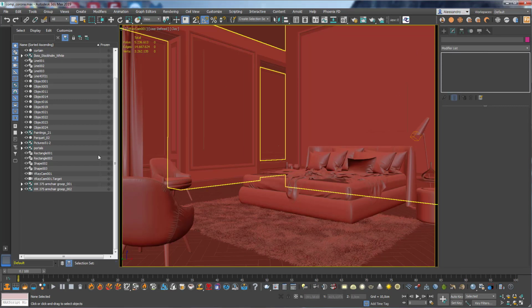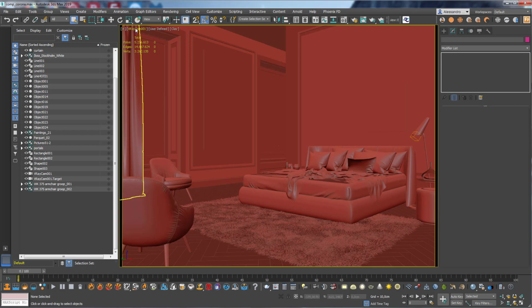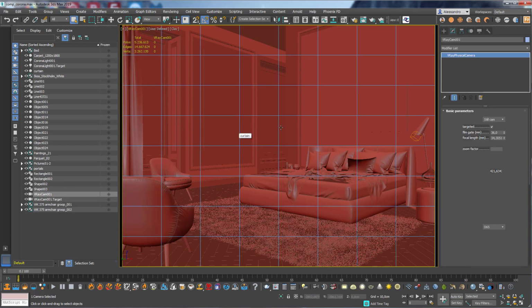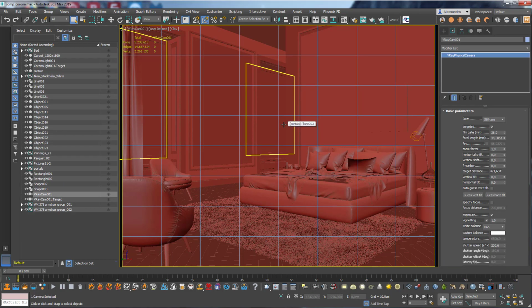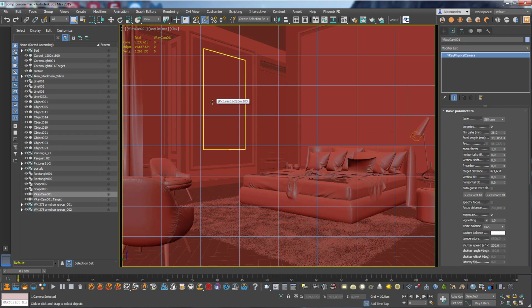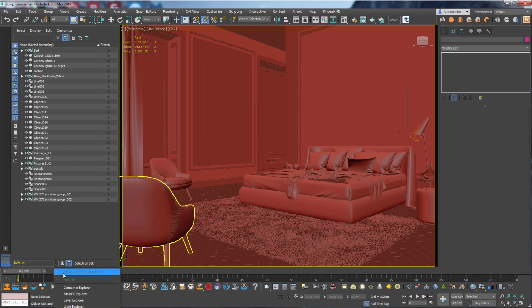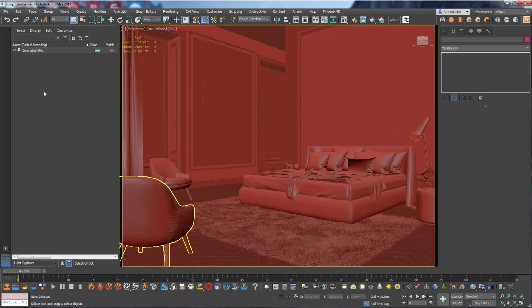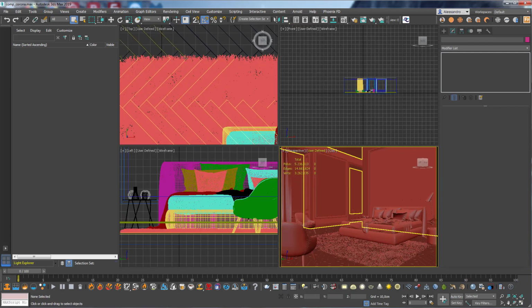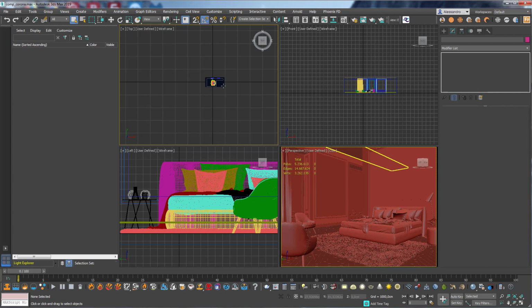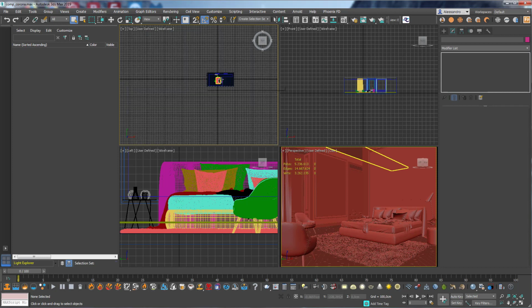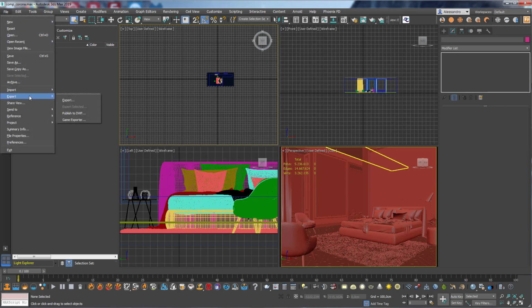So we start with the scene in 3ds Max. First of all, we select the camera, and I am going to erase the camera so we don't take care about it. And let's go in the light explorer, and we pick the Corona light, and we remove it. Let's see if we have something else. No. Okay, nice. So we can pick this scene, export,